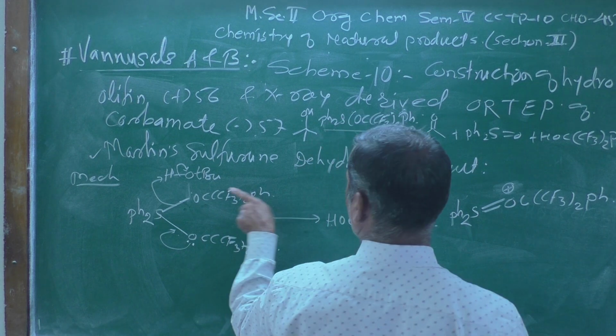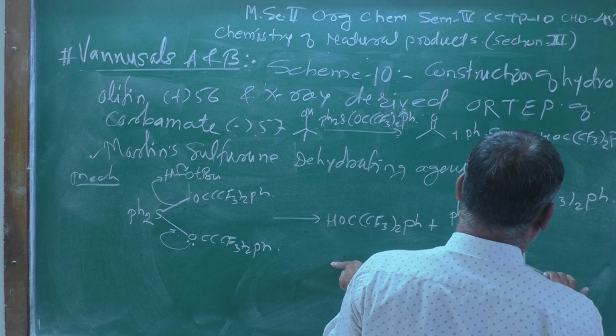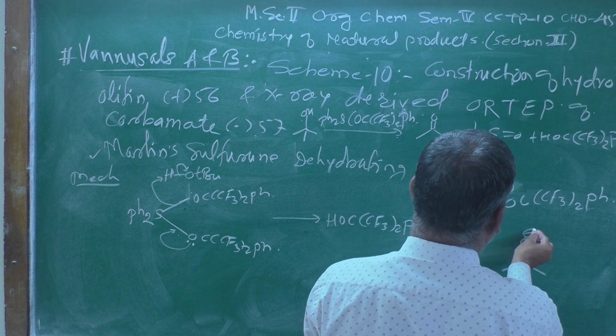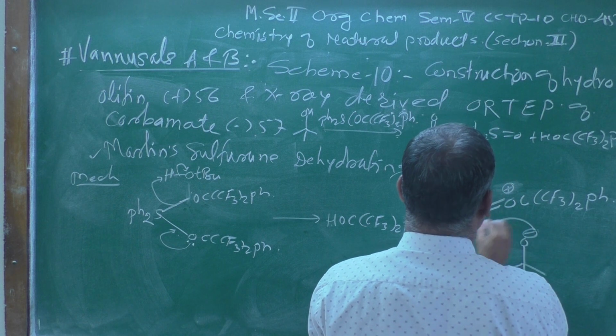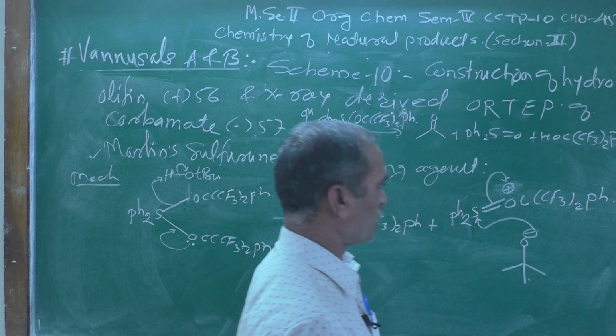And here the remaining O, this group we can write over here, here is a minus charge. Now this minus charge can attack that sulfur, and this positive charge gets neutralized,